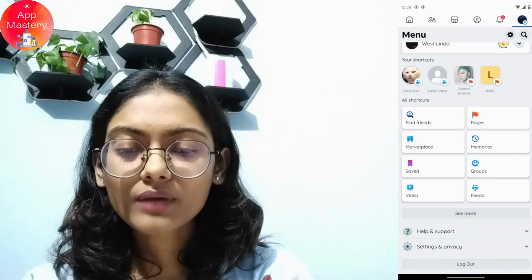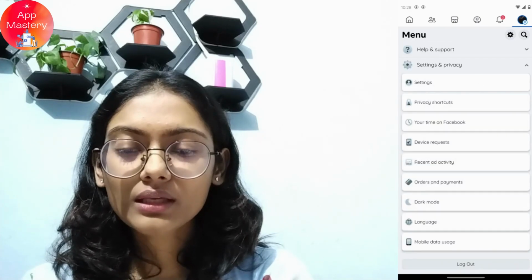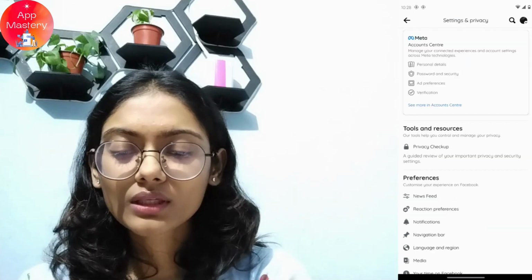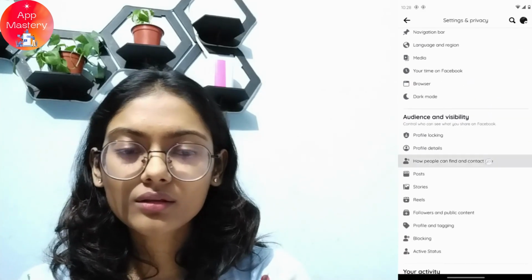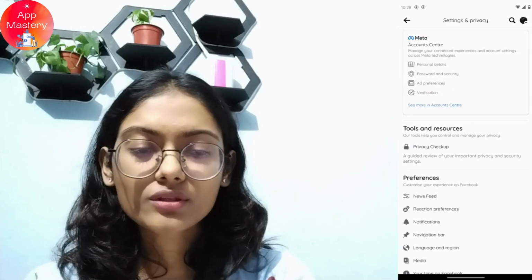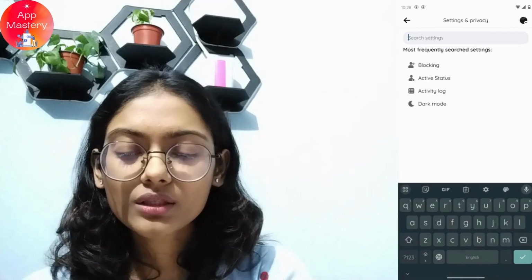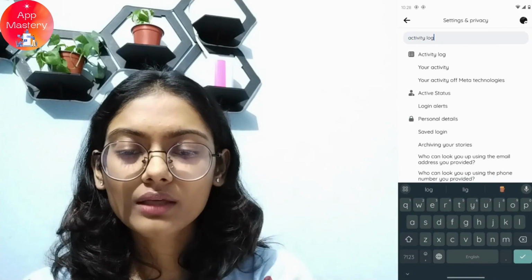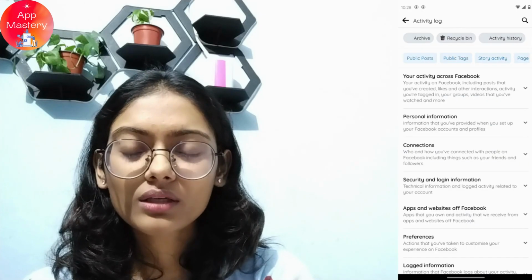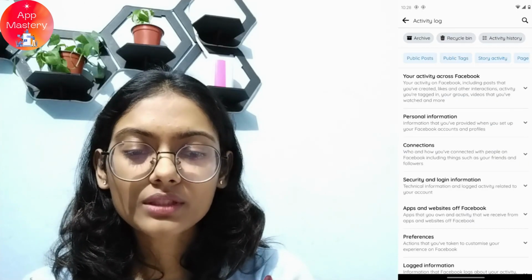Go for settings and privacy, and then again settings. Now you can scroll down, or you can also go for the search icon on the upper right, and search for activity log, and tap on that activity log, and here you can simply scroll right